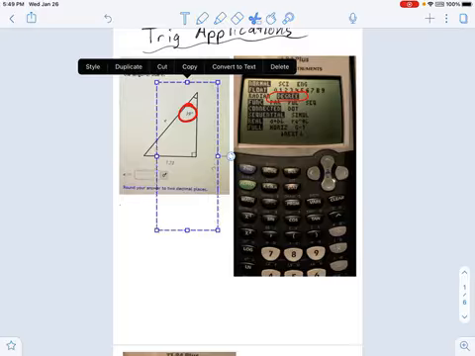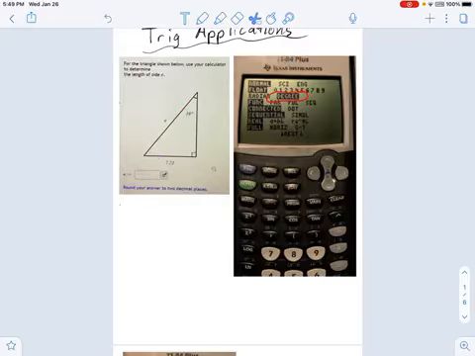Otherwise, it's just going to give you nonsense and it'll be marked wrong and you won't be able to figure out why. So this says, the triangle shown below, use your calculator. We're looking for E. Okay, I want to know what E is. And to do this, you have to figure out what trig function is going to be appropriate. The way I'm going to do that is I'm going to say, okay, listen, what's important? I've got my angle, and across from that angle is 7.23. That's the opposite. And then I've got the hypotenuse over here. That's what I want. I don't care about the adjacent side, that vertical side. I don't need it. So which trig function talks about opposite and hypotenuse?